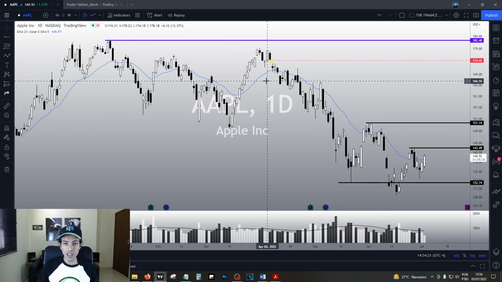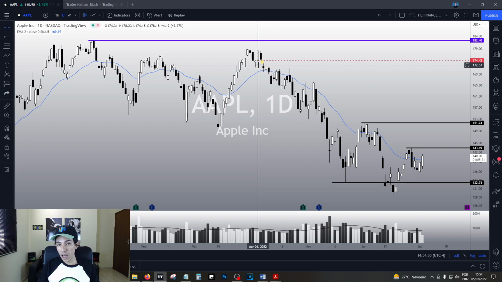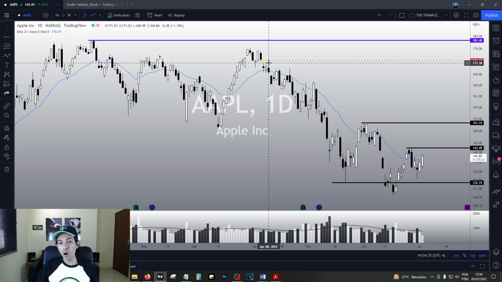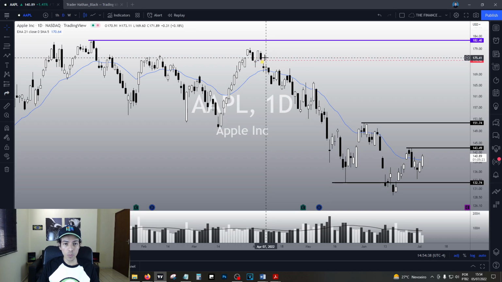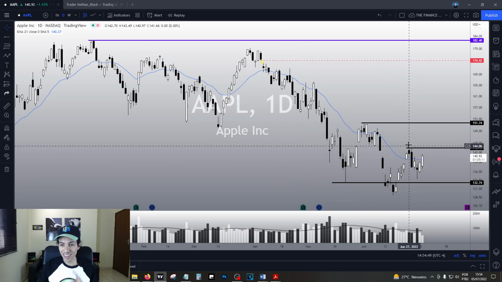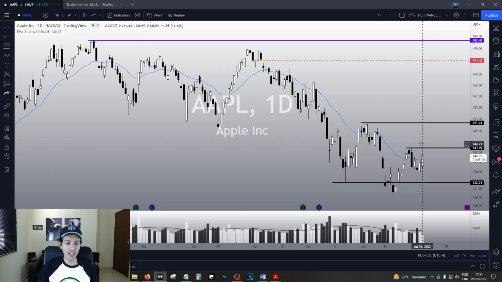If you are already my subscriber for a while, you know that I always like to trade gaps, and gaps play an important role in my specific trading methodology. And as far as I am concerned, Apple always fills the gaps that appear above the price when Apple gaps down. So we have decent chances of filling this gap over here in the future. I just don't know how or when, but if we break this bullish structure, this pivot point, I think that could be a very nice beginning for a strong bullish reversal thesis on Apple. So this is your key point, 143.